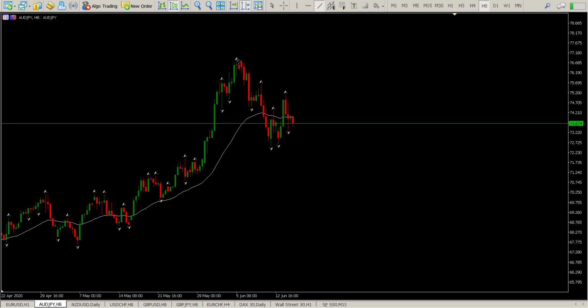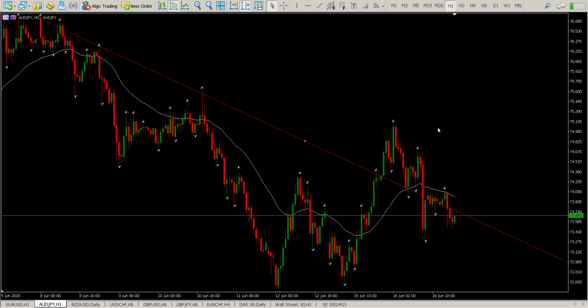Now, there is that break as well. Let's go to the hour. And you can see there's our trend line. We've broken, retested, back along it, and now coming back above it. So I think we are probably willing to take a stab at this pair again,